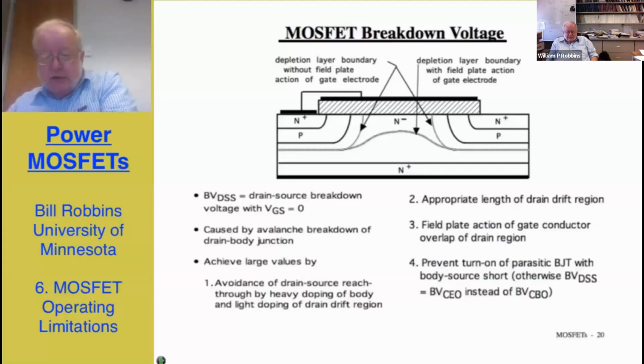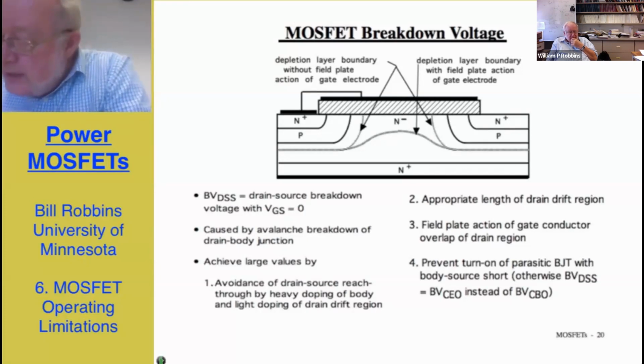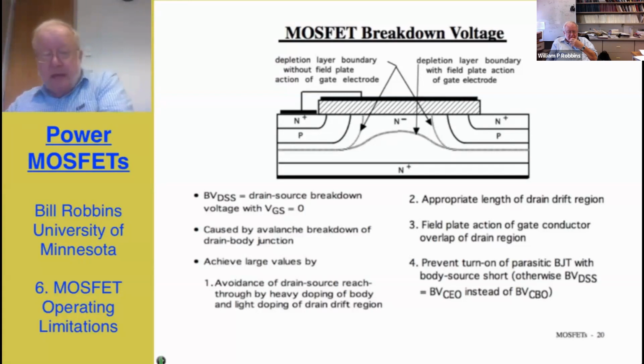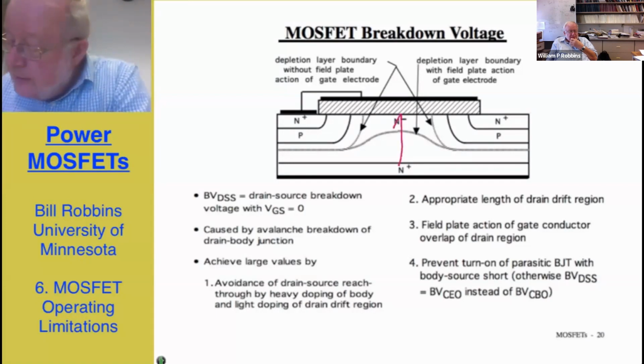Slide. Again, the vertical cross-section of the MOSFET, and as you're aware by now, we have to have a field plate action using the overlap of the gate metallization over the drain region as it approaches the oxide interface to prevent a sharp radius of curvature from causing lower breakdown voltages than we had designed for based on a plain parallel depletion layer boundary. The thickness of the drift region, which I'm indicating here, and the doping density N minus